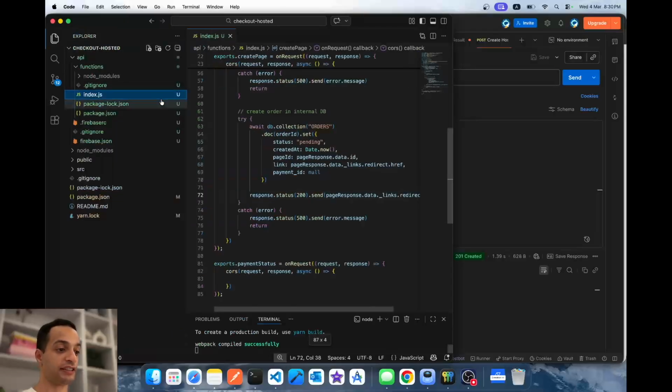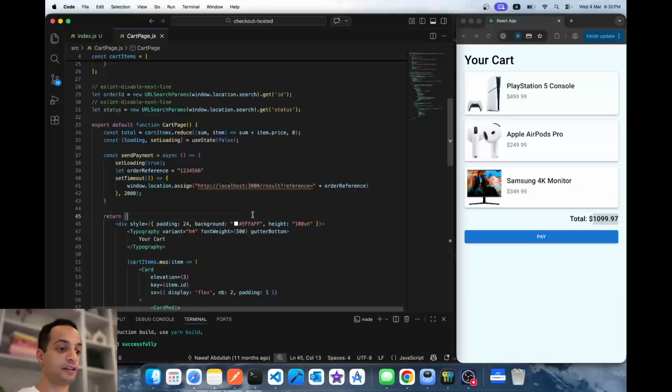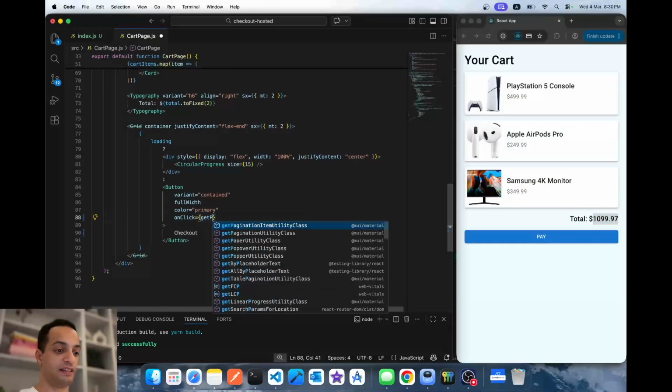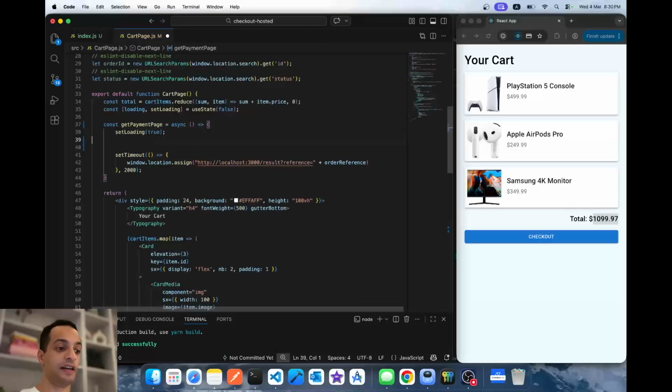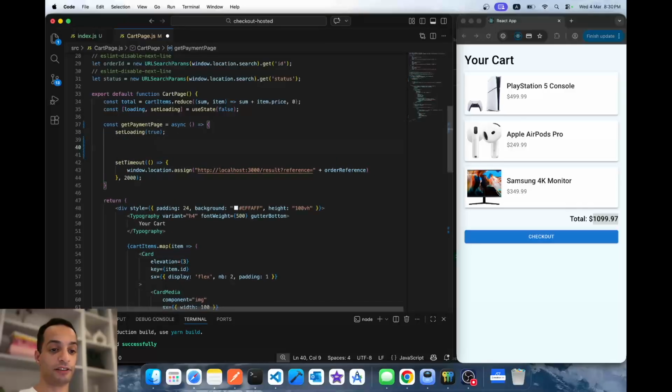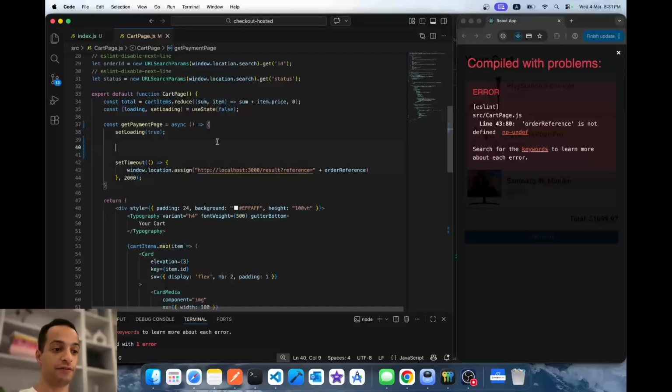Now we switch to the front end and use that. Here in your front end, you just need to find get payment page, and this is going to be this method over here. So in this method, I'm going to need to call the API that I just created to get that link. And remember, you shouldn't be passing any amount or currency to the server. All that stuff should be set on the server side